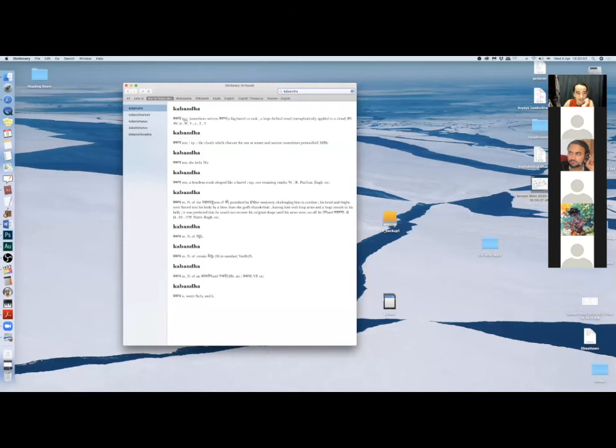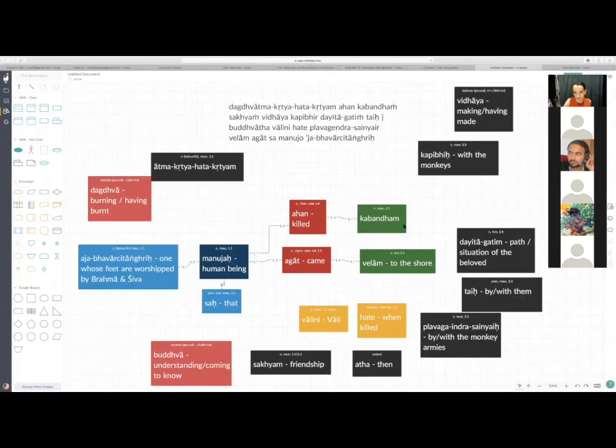Here you have it as an adjective. Oh no. Yeah. A big barrel or cask, a large bellied vessel. Kabandha means belly sometimes, or a headless trunk shaped like a barrel. So yeah, I think the name kind of describes the appearance of that personality, how it was looking. A huge, kind of a mountain-like belly. So he killed Kabandha, and